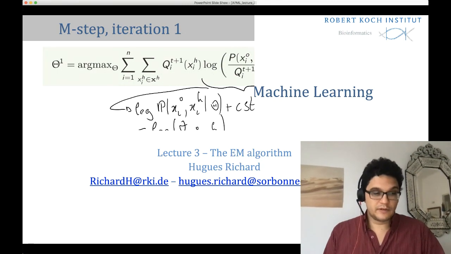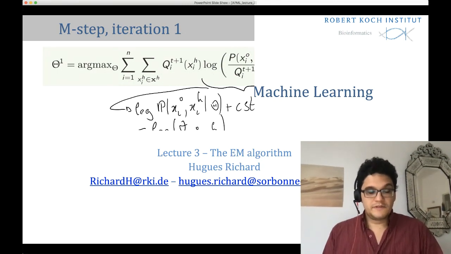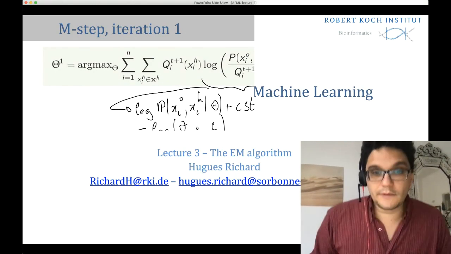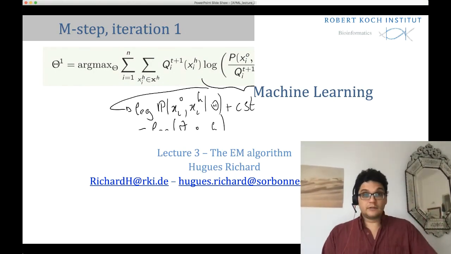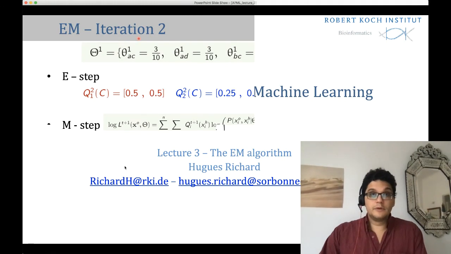So this is what we obtain, not the maximum likelihood estimator. This is what we obtain by maximizing the likelihood at the first iteration. Then we can start again at iteration 2. We have our new value of the parameter. We can recompute each step, and I let you recompute those values as a small exercise.